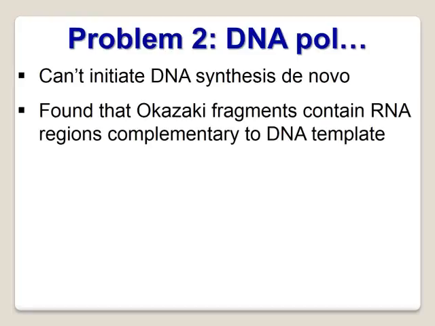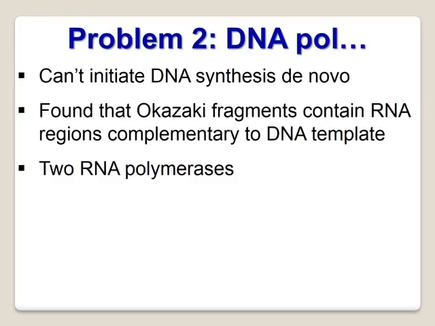Well, the RNA regions consist of the RNA primers. And so, in order for DNA synthesis to occur by DNA polymerase III, it must have a 3' OH to use in order to build onto. And that 3' OH is provided by the RNA primer that is laid down by the action of the primase